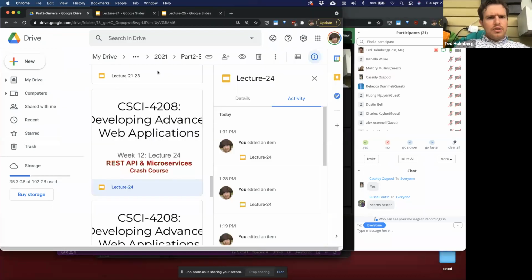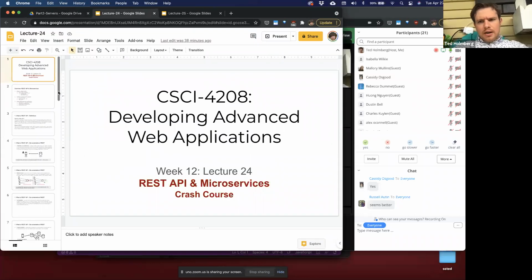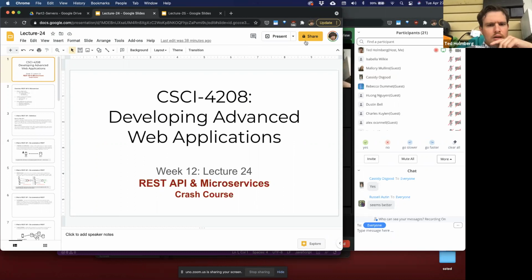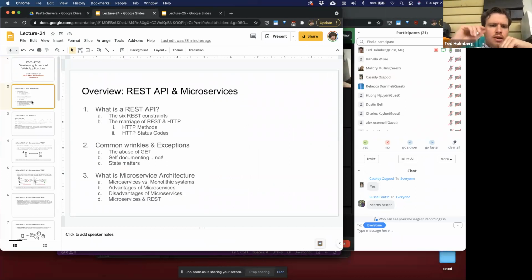Let me jump over here into my slides. So here we're going to start off with a small slide segment to talk about REST API and microservices. The basic things I want to discuss: what is a REST or RESTful API? What are the 6 REST constraints? This concept of how REST and HTTP have been married together, and then we'll take a quick preview again of HTTP methods and status codes, which we've discussed in previous lectures. Then I want to talk about some of the common wrinkles and exceptions that we might encounter when designing a REST API,